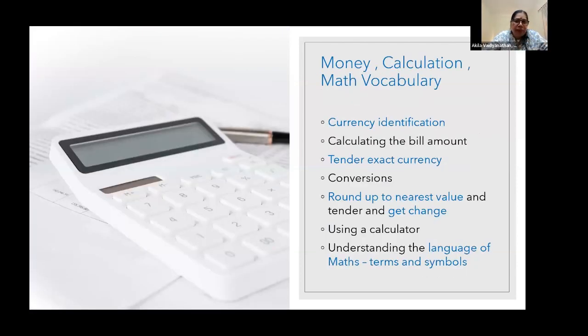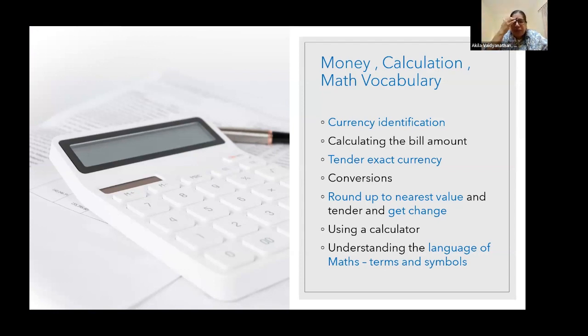When we come to money, we're looking at identification to start with, then calculating the bill amount, tendering. Every week there will be a shopping worksheet which simulates the shopping cart, and then they have to calculate the bill amount and tender the amount, making change, getting change, rounding up. Rounding up, because you can't say this bill is